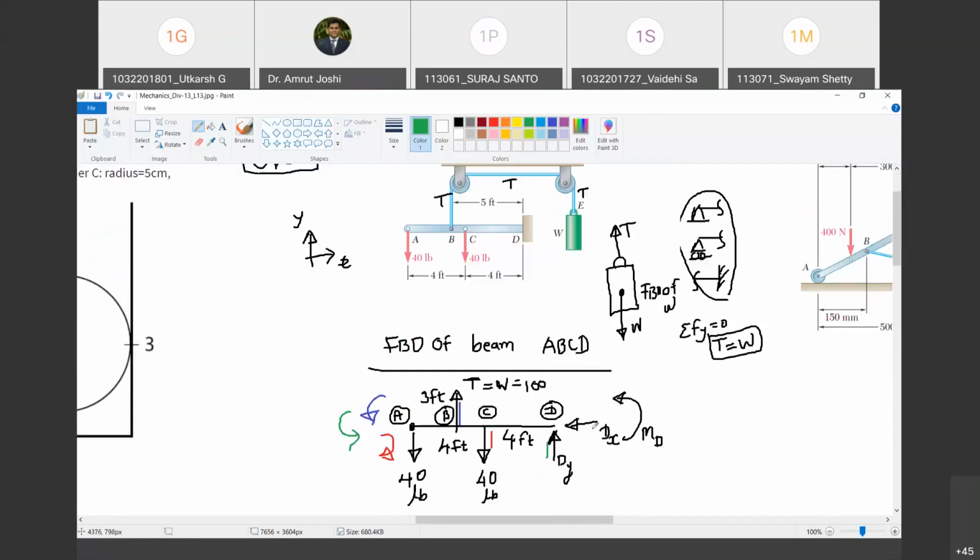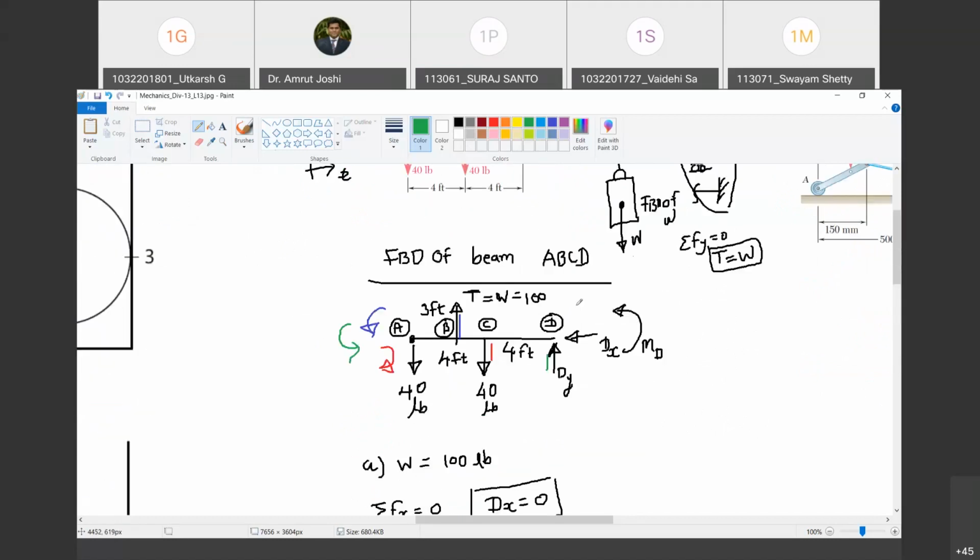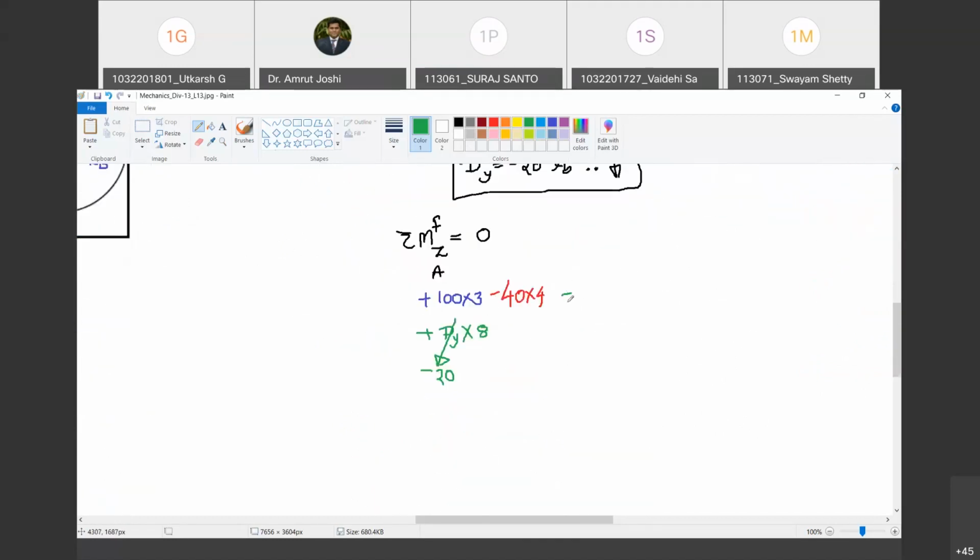And what else causes the movement? Can dx cause movement about A? No, because its line of action passes through A. But MD is already there. We have said couple moment can be transposed anywhere in its plane. So if it is MD at D, its effect at A is also MD. So I will have to write it as it is, anti-clockwise, so plus MD. Do you agree with me?